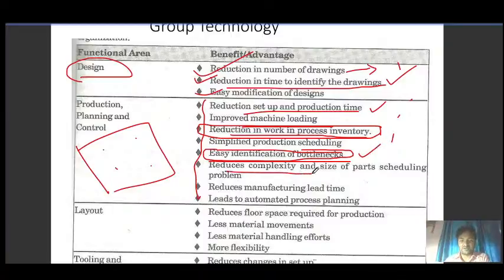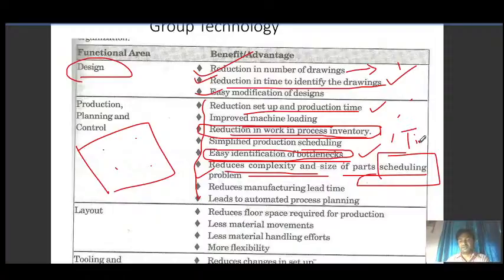Then reduced complexity and size of the parts scheduling problems. So obviously if you are going for a new part, you can directly identify the scheduling, at what time you have to send it. Scheduling means time: which part should be sent at what time on which machine. That is the concept of scheduling.